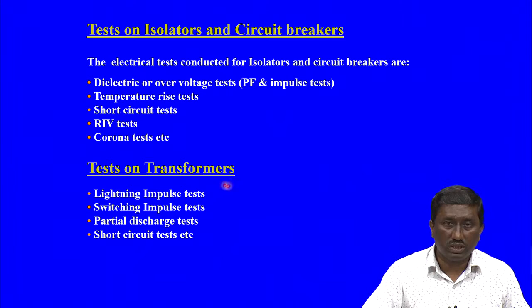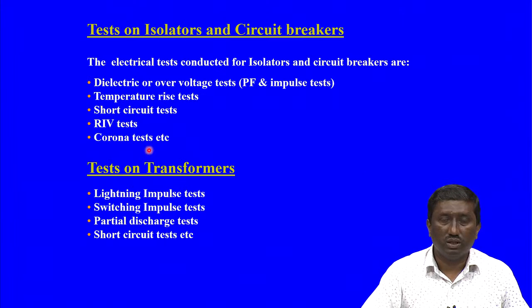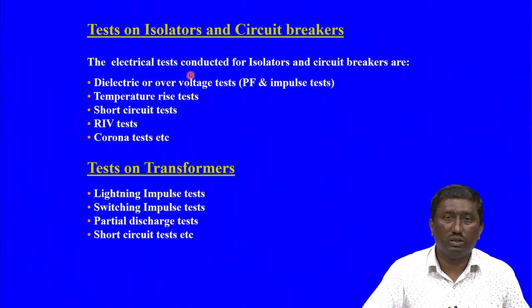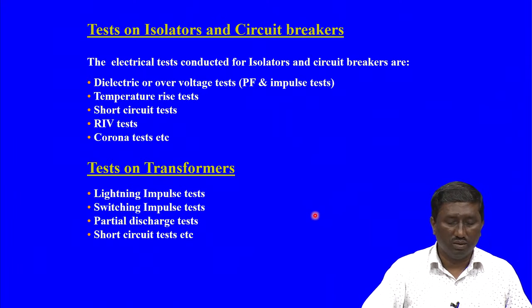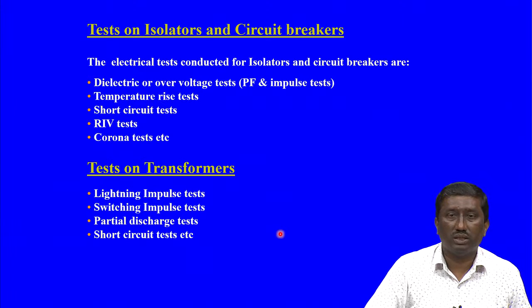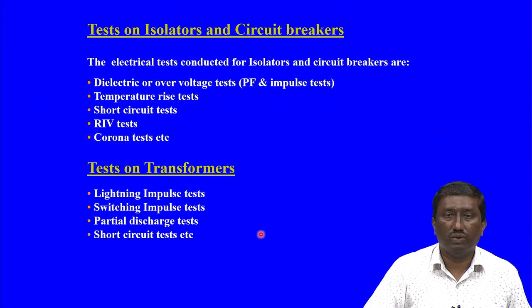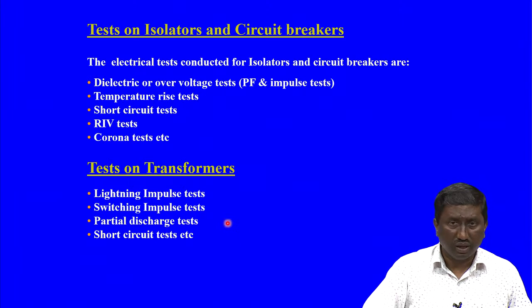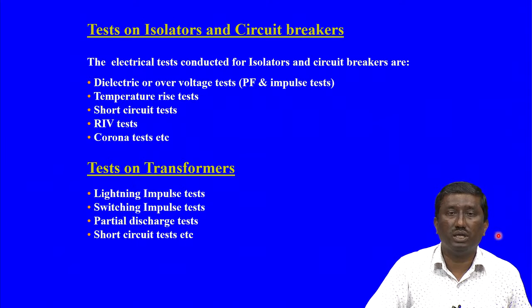Then radio interference tests, as earlier for insulator strings, the corona tests. So, these are all again specified by the standard bodies. Tests on transformers: transformers have to be tested for lightning surges, lightning impulse 1.2 by 50 waveforms, switching surges 250 by 2500 microseconds. Partial discharge test to check any voids inside the transformer, where the discharges specified should not